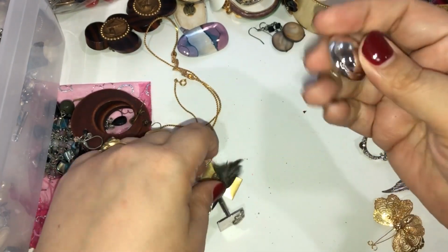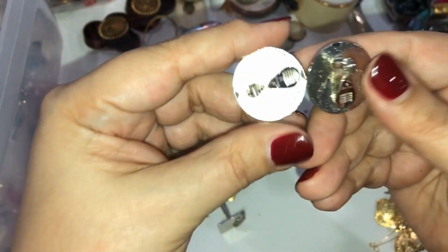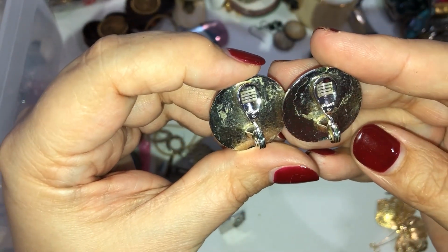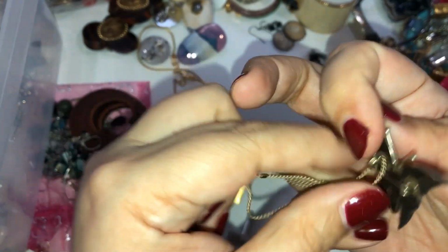All right, so we got the silver. You guys see the other one right here. So there's this pair of silver button earrings. They're not real silver, but they're Bonet. They need a good cleaning, but those are decent looking. That's over there, another pair. And here is a,